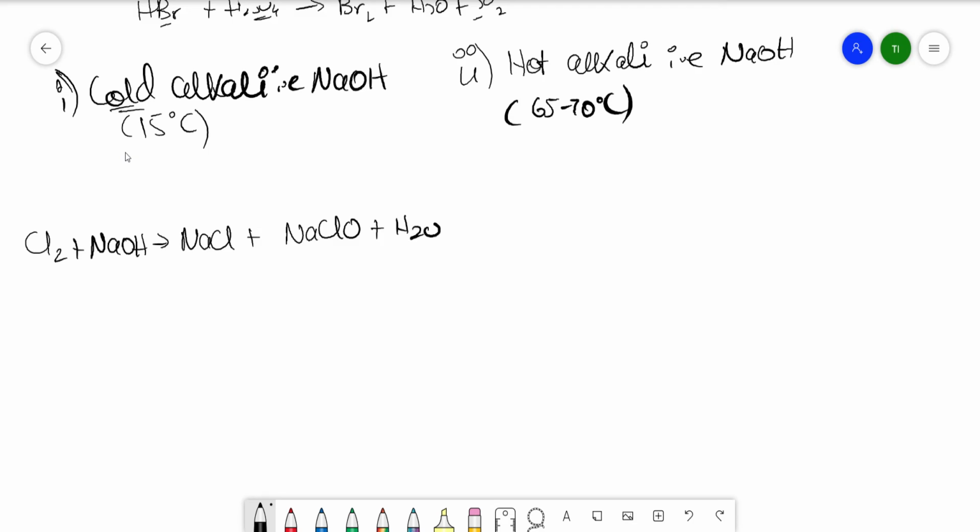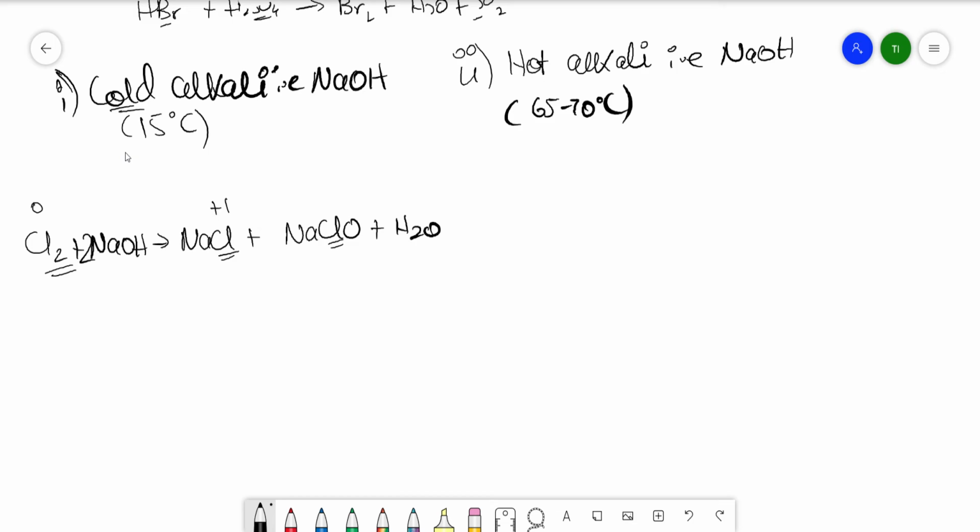If you balance this equation, there's 2 NaOH, 2 Na, 2 Na. This is the balanced equation. And you see here that the chlorine itself, which is in the 0 state, gets oxidized to plus 1 and gets reduced to